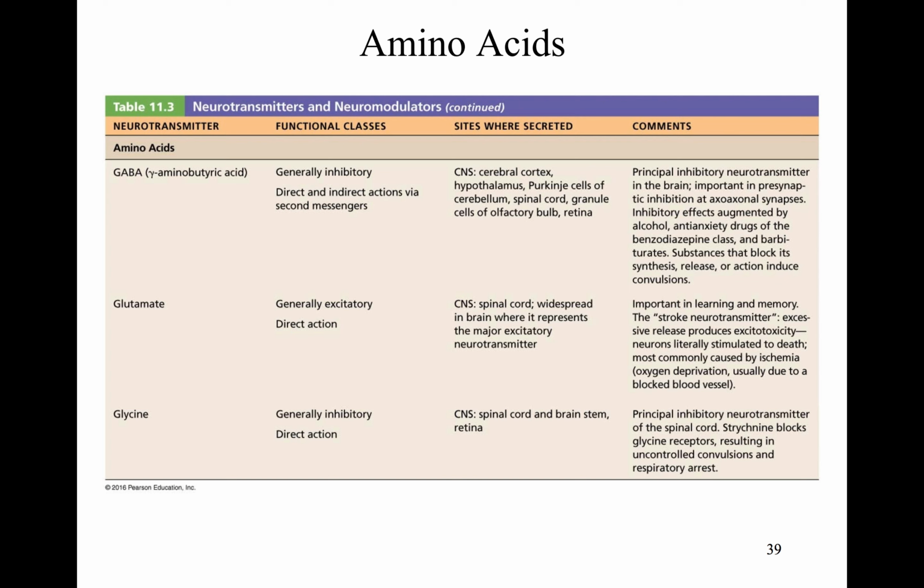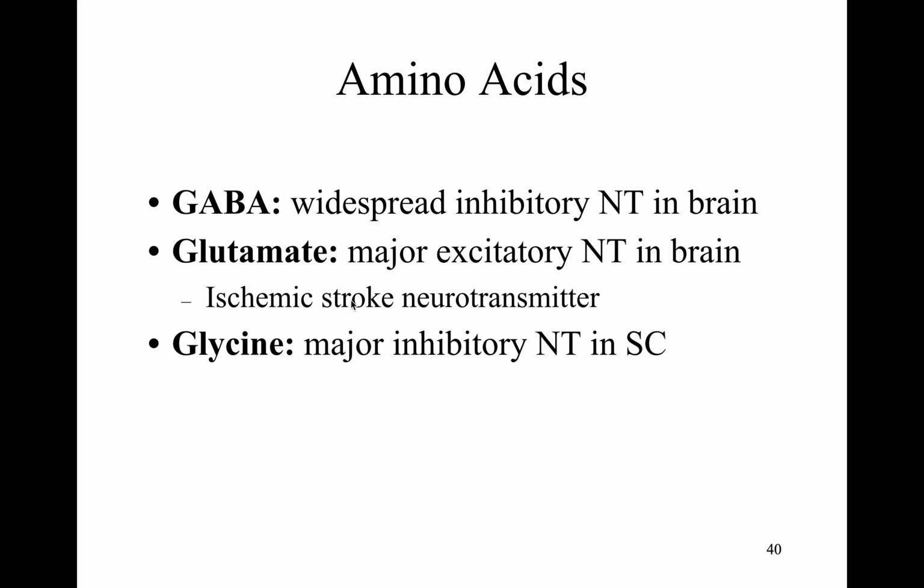So depending on which area of the brain is damaged in an ischemic stroke, or which area of the brain has neurons dying in response to excess glutamate release, that's going to have different outcomes to that stroke. So that's why some people after a stroke maybe can't speak as well. Some people have changes in their sensory motor functions and so on. So glutamate is also known as our ischemic stroke neurotransmitter because it's going to be released in excess during an ischemic stroke, and it's going to cause excitotoxicity and therefore neuronal death.